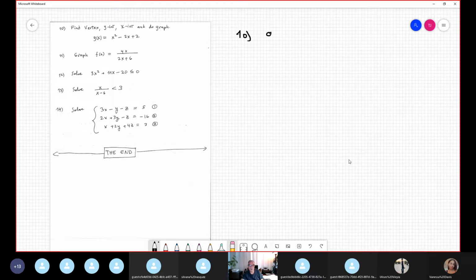Number 10: you have a function, and you immediately identify that it is a quadratic function expressed in standard form, where A is 1, B is negative 2, and C is equal to 2. So, the first step is to do the graph of the parabola. Okay, let's do it. Why not? This parabola opens up